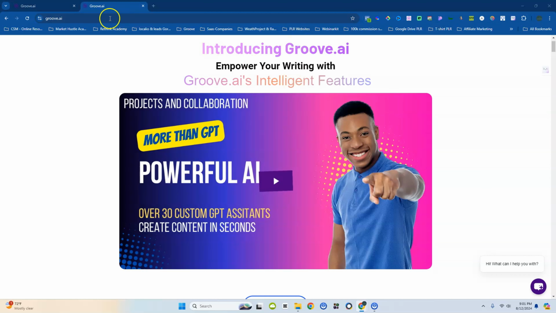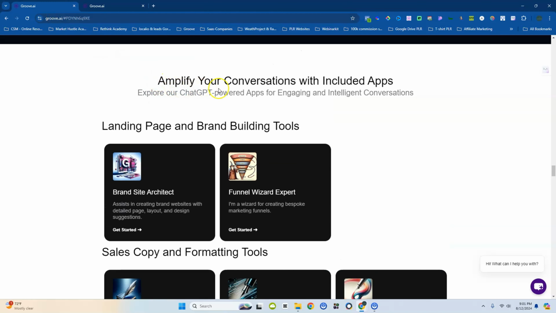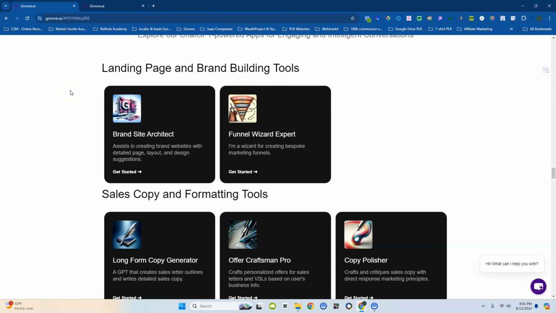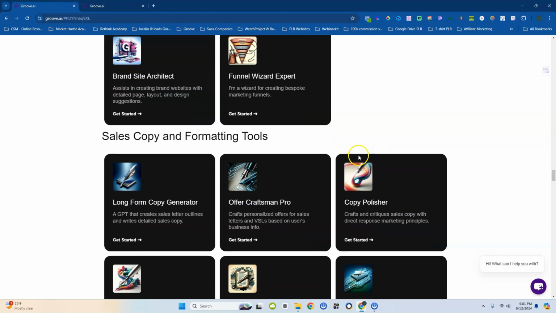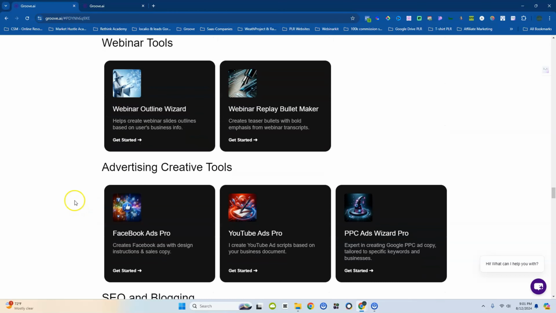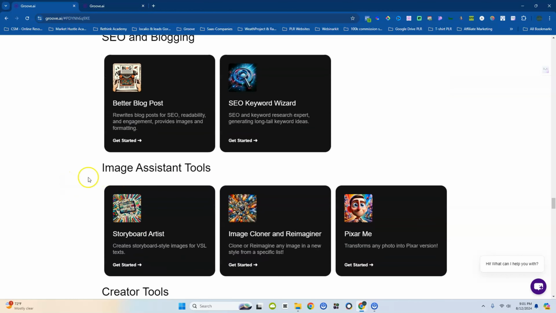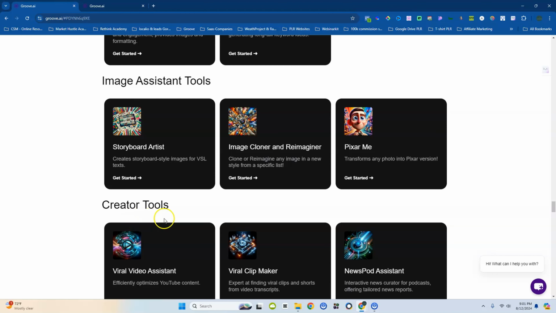So let's come over here and let's go into the pricing. As mentioned a second ago, they do have apps that are designated for the Groove.ai platform. And you can see that they have a plethora of different apps, from the brand site architect to funnel expert to copywriting, as well as webinar tools. You have advertising creative tools. You have SEO blog tools. You have image assistant tools for storyboard, cloners, as well as Pixar. Then you also have creative tools for